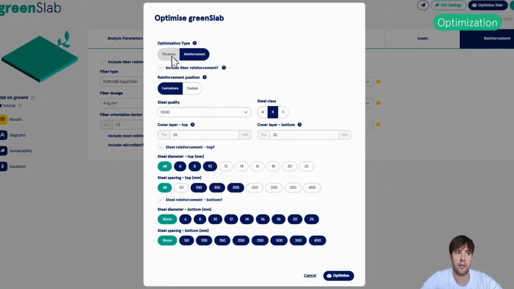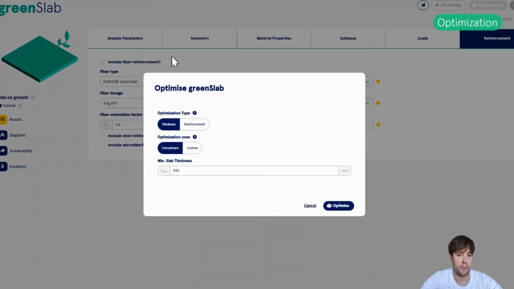But this time I will actually want a little bit more reinforcement in the corner, but I want to reduce the thickness, because we didn't have a very well utilized slab in terms of the capacity on the internal part of the slab and at the edges.